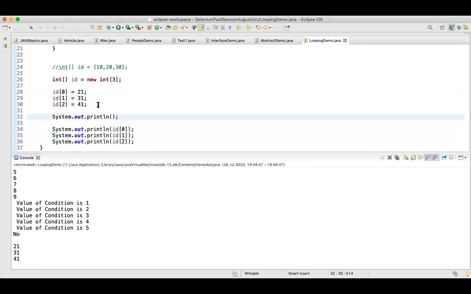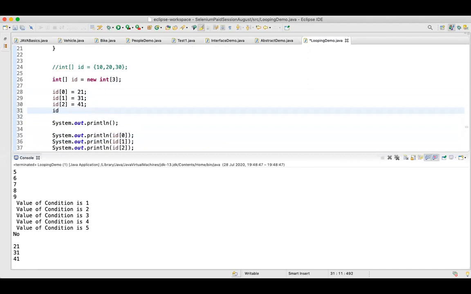If I try to assign a value at the 3rd position, what will happen? Now when you see, we have this limit, right? The size of the ID is only 3. So we have defined 1, 2, and 3, and for the 4th element, there is no space.